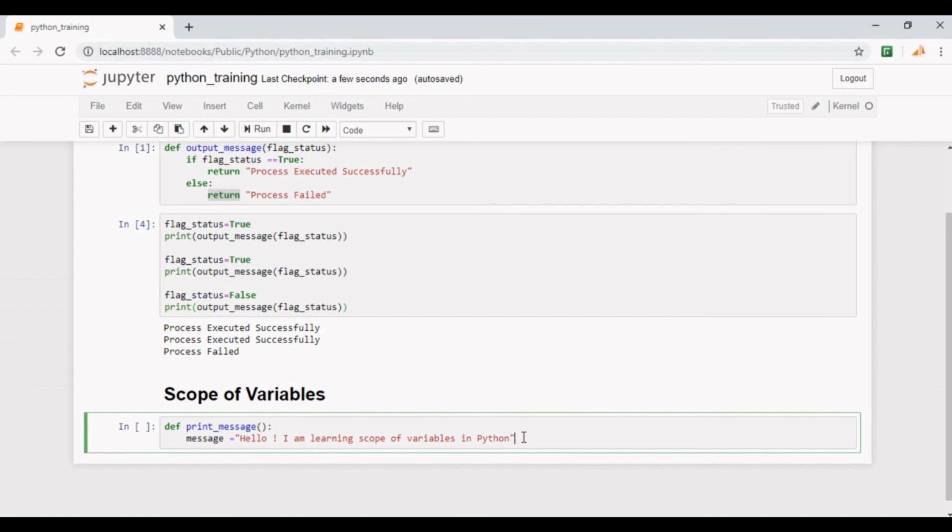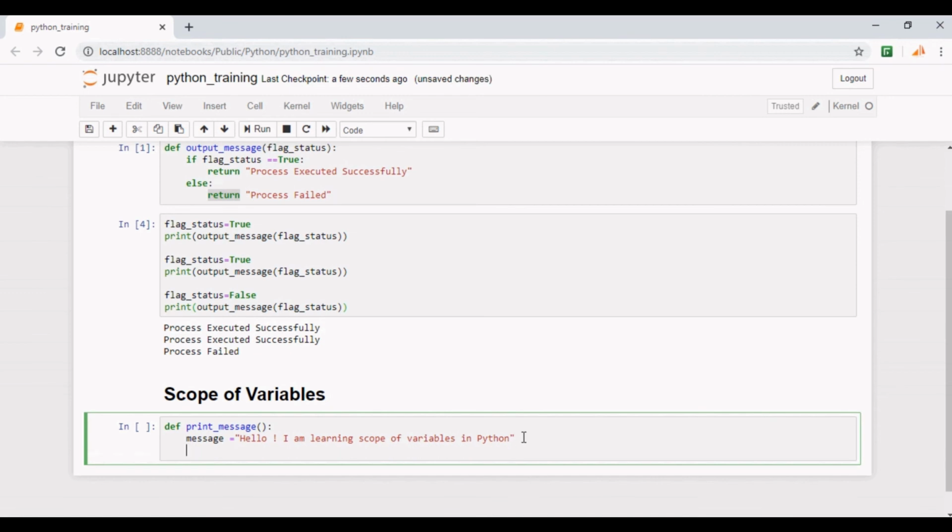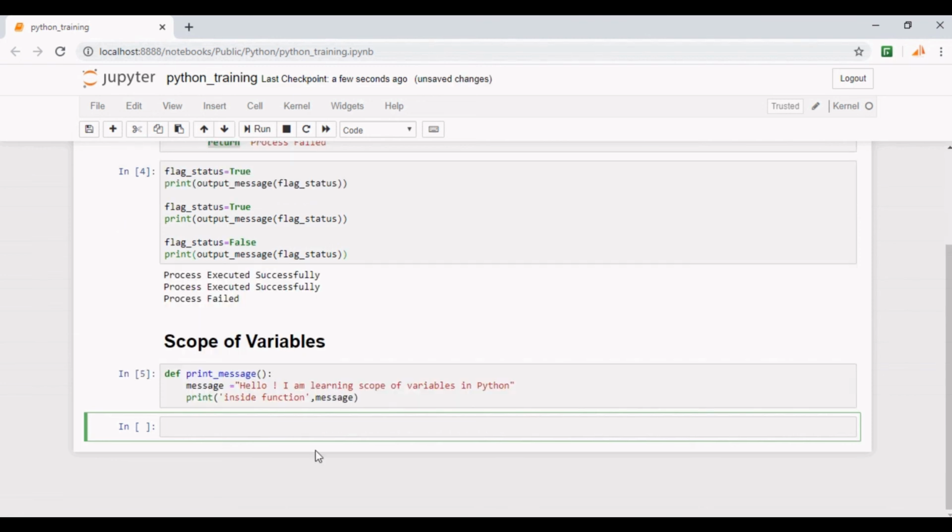It cannot be accessed outside this function. Let me put a print statement here. Let's put a string to identify which print statement prints which message, as we will be using multiple print statements in this example. Let me run this code.